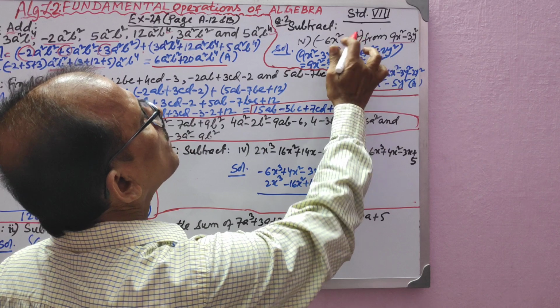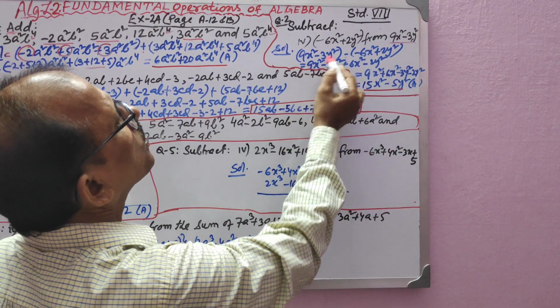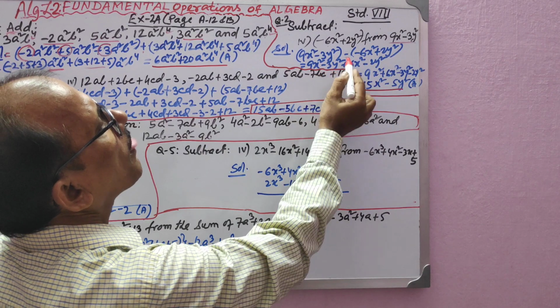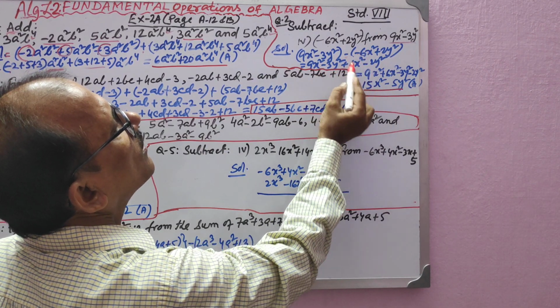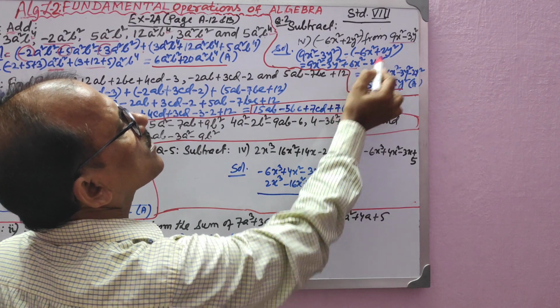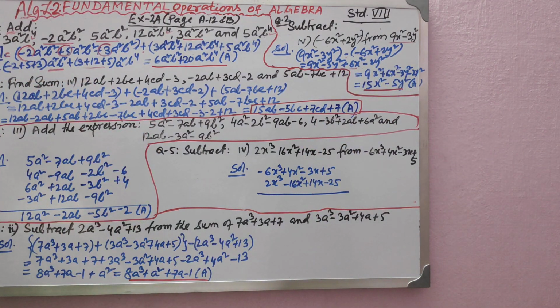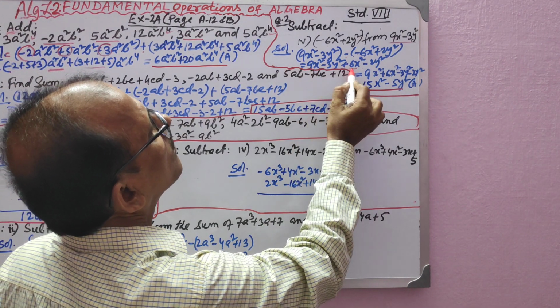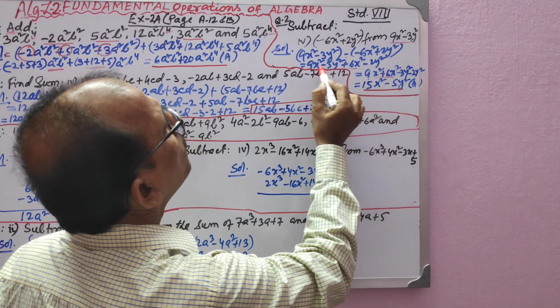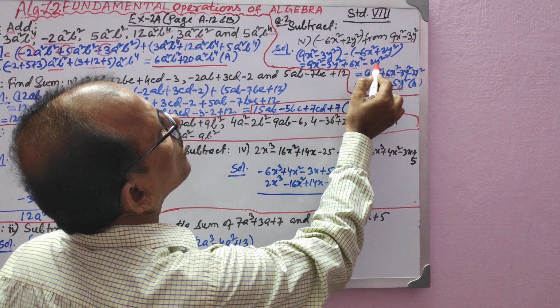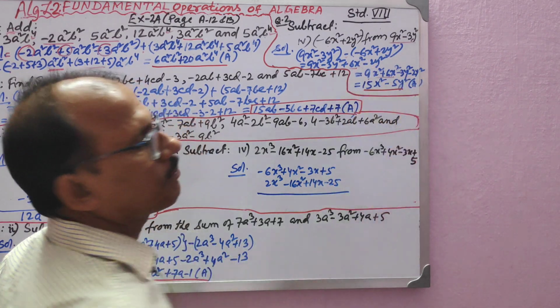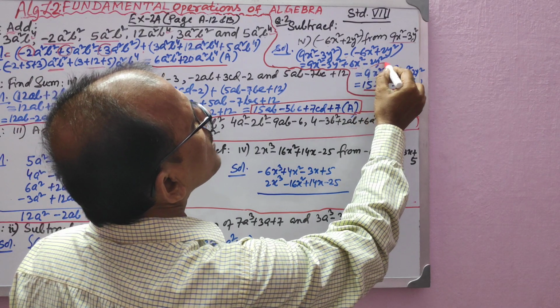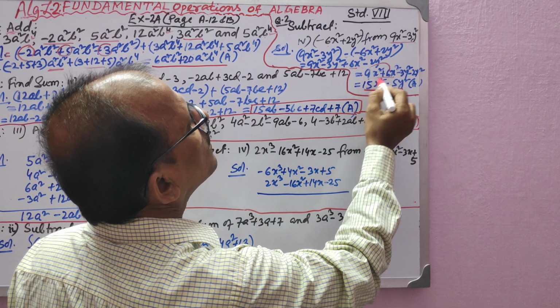Okay. Now the next step will be to remove the bracket. The first one, if you remove the bracket, then 9x square minus 3y square, then minus and the sign changes to plus 6x square, that you have written, and minus plus minus 2y square, that you have written. Now your work is like term choosing and numerical coefficient simplification. See, here is 9x square, 9, and here is 6, plus 9 and plus 6. So you have picked these because these two are x square. Now the y square like terms, minus 3y square and minus 2y square, keep them separate. Now what have you done? 9 plus 6, 15x square.